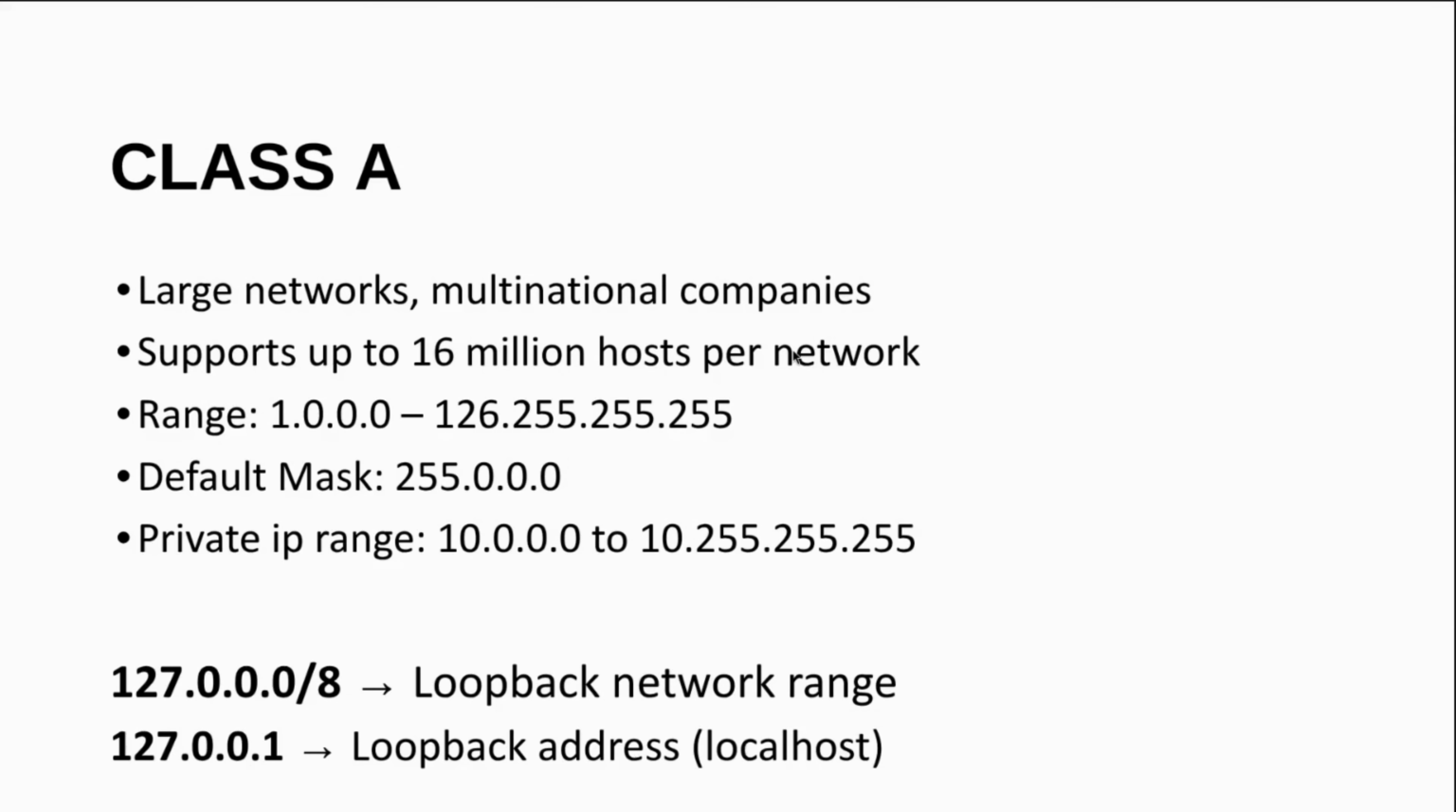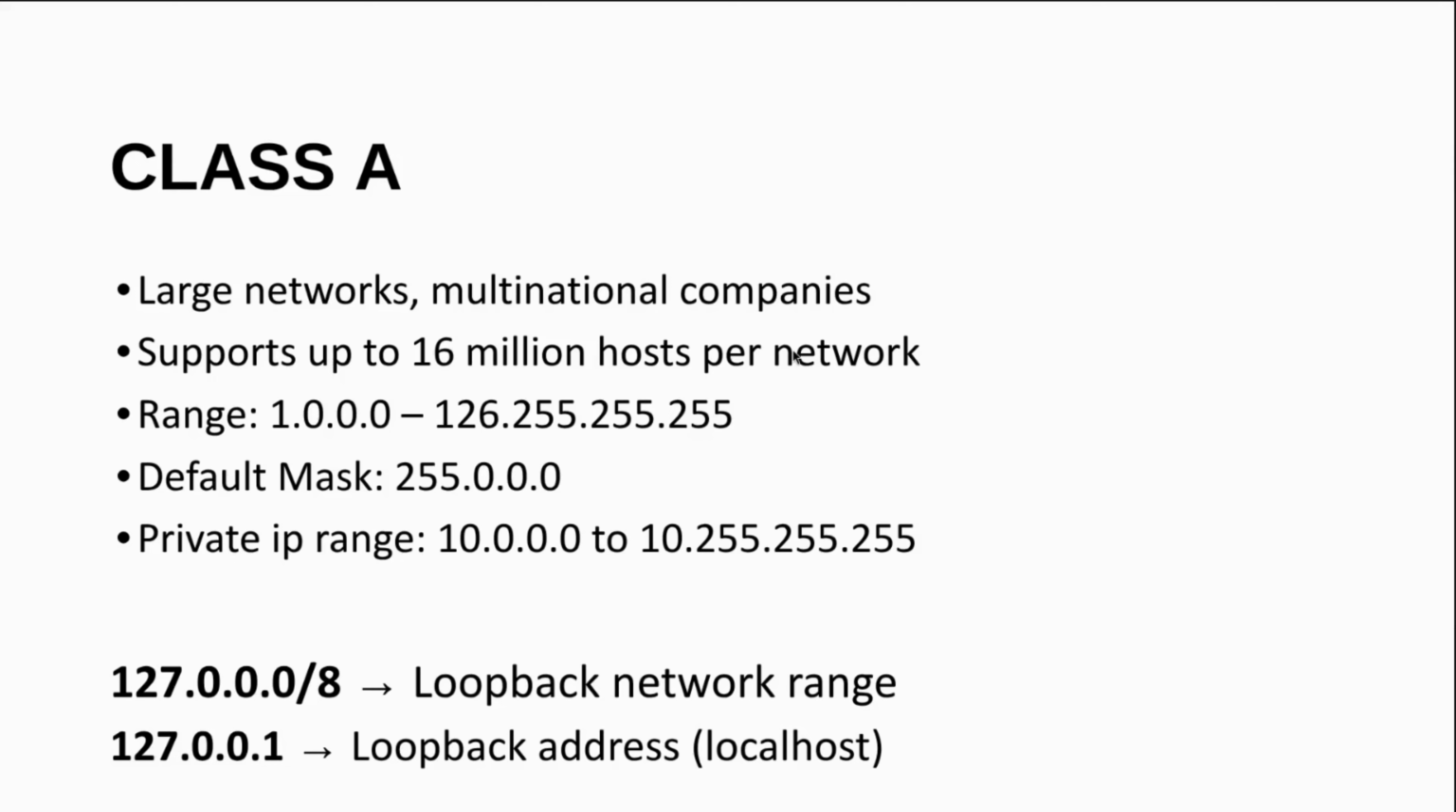Class A. Class A is used for large networks and multinational companies. It supports up to 16 million hosts per network. The Class A IP range is 1.0.0.0 to 126.255.255.255, and the default subnet mask is 255.0.0.0. And the private IP range in Class A is 10.0.0.0 to